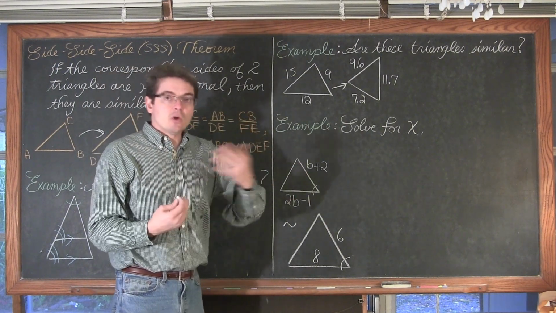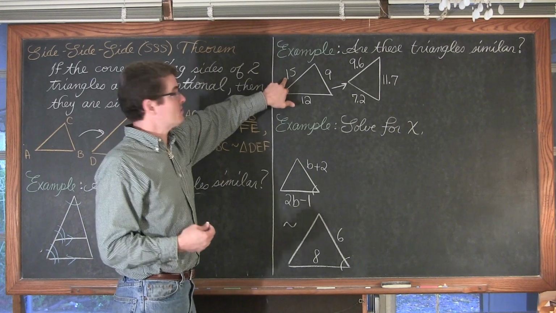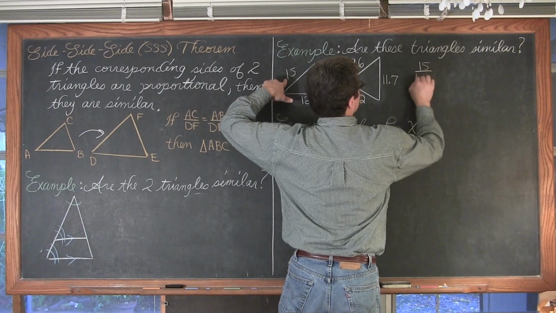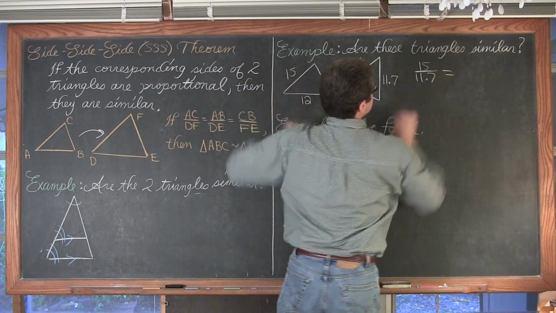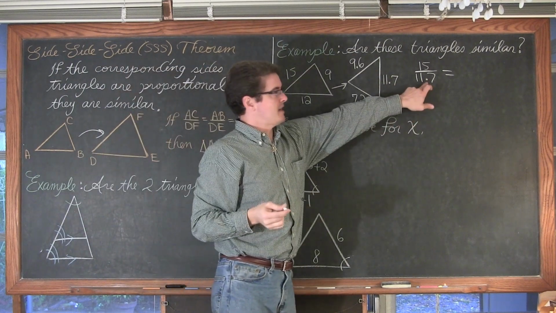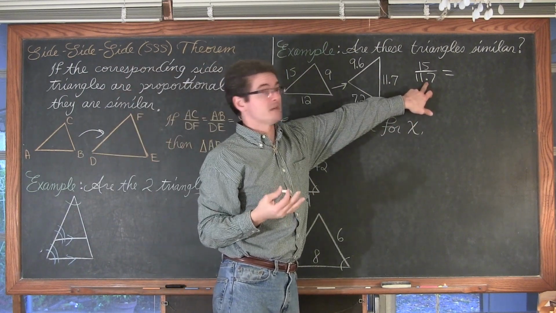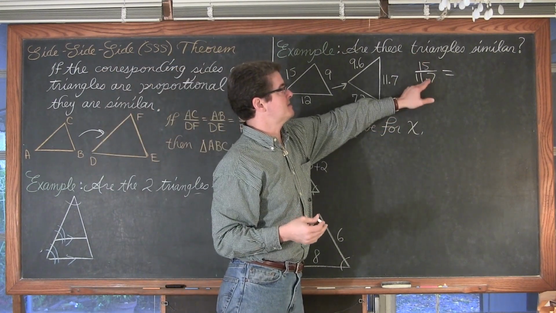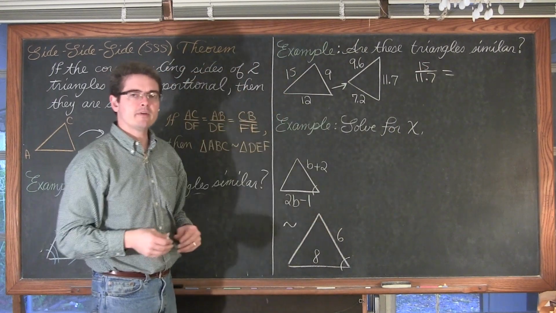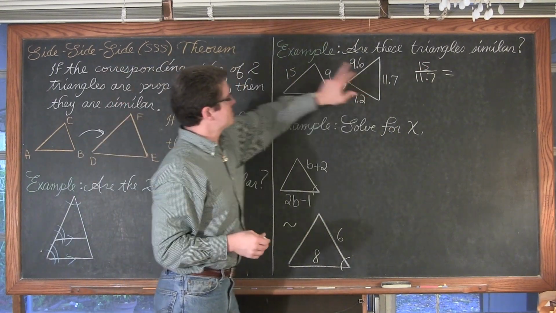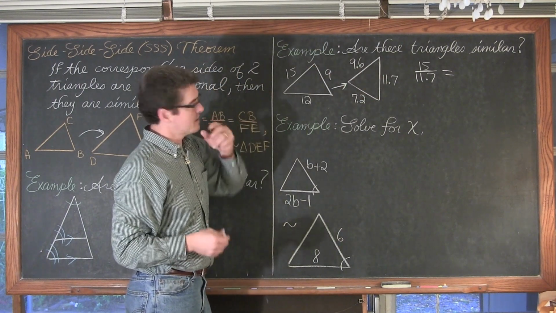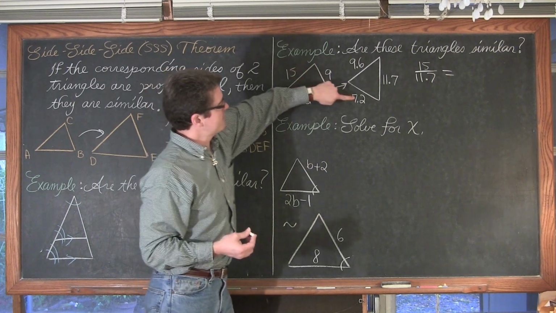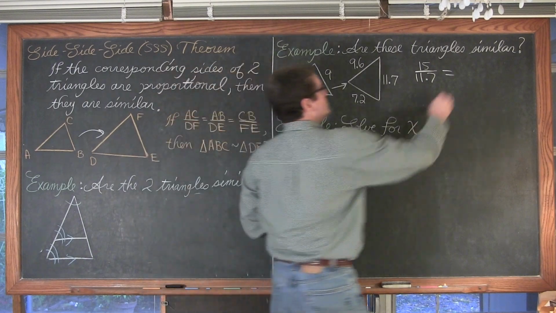Well, I'm going to match up the largest side. So 15 is the largest side of this triangle, and 11.7 is the largest one here. So 15 over 11.7. You're not really technically supposed to have decimals inside of a fraction if I were going to write this as a final answer. I would have to fix that somehow, maybe multiply top and bottom by 10 to move the decimal over. But we're going to divide them and make decimals anyway. So we're matching up the largest, going left to right. Probably the next easiest one to figure out is the smallest. We have 9 as the smallest side here, and 7.2 is the smallest here, so we're going to do 9 over 7.2.